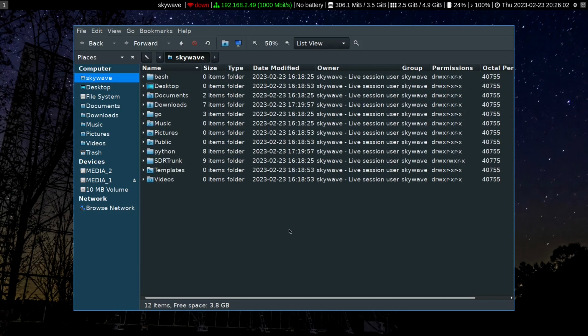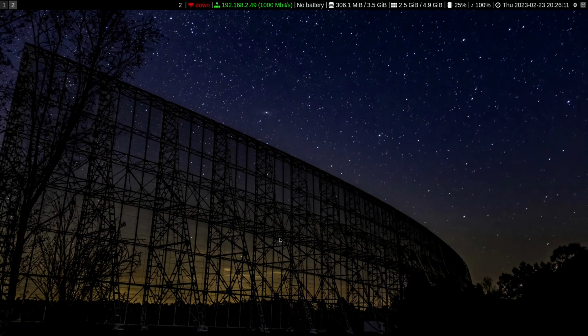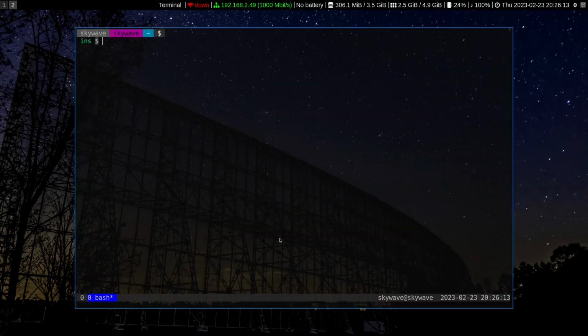One other suggestion for uncluttered computing, in addition to using tabs in your file manager, is put some of your other applications on a different workspace. For example, I've got the terminal on workspace 2, the file manager in workspace 1. Now, the terminal can also operate in a tabbed or multi-window fashion. If you open this terminal with your key bindings, Control-Alt-T or Super-Enter,